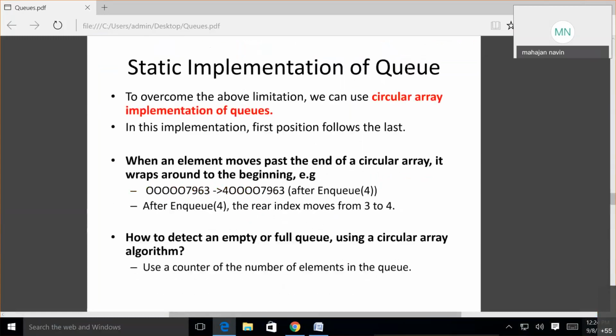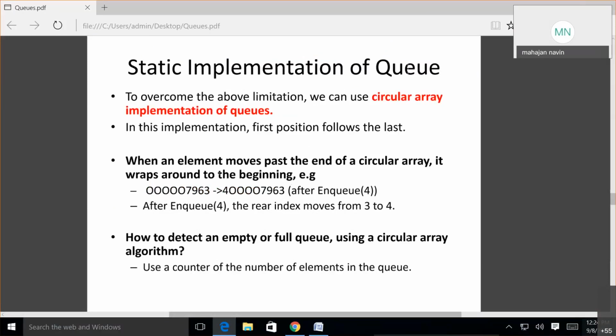To overcome the above limitation, we can use a circular queue. In circular implementation of queues, the first position follows the last. When an element moves past the end of the circular array, it wraps around to the beginning. Suppose these are positions 1, 2, 3, 4, 5. Five places are blank and we have 4 elements. If you want to insert one more element, what will happen?